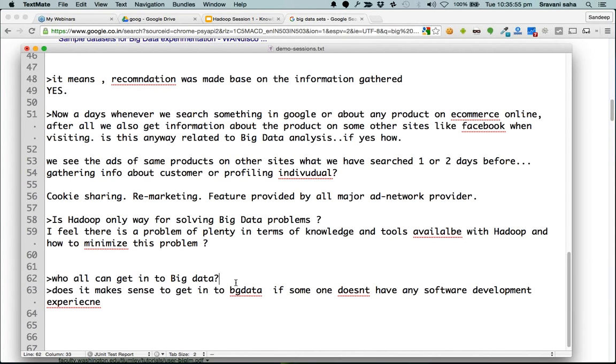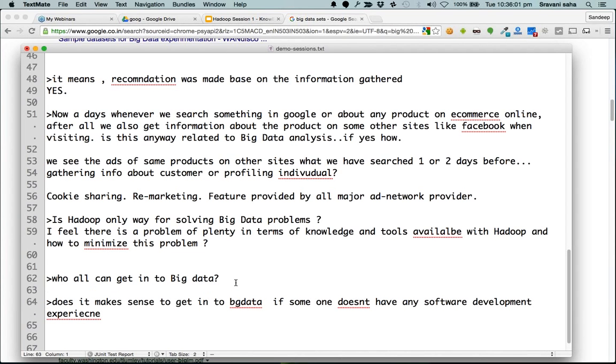In big data, there are many kinds of openings and positions. One of the common ones is analyst, someone who can query the data lying on a big data platform